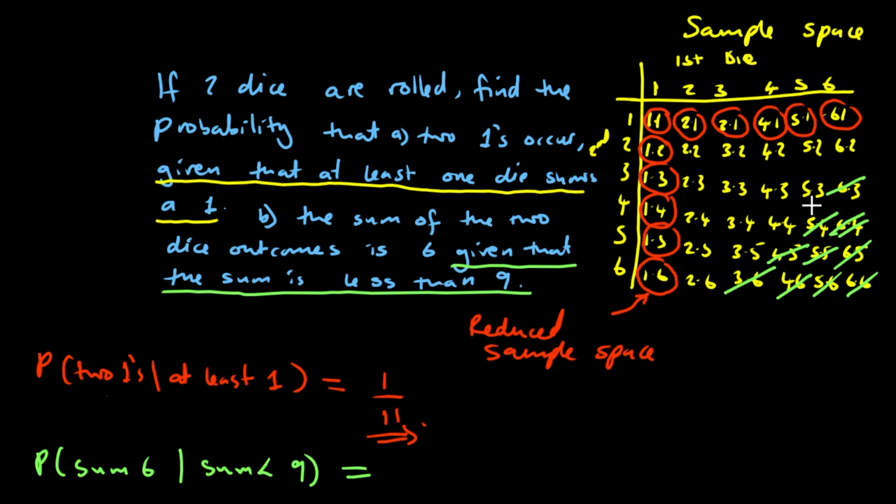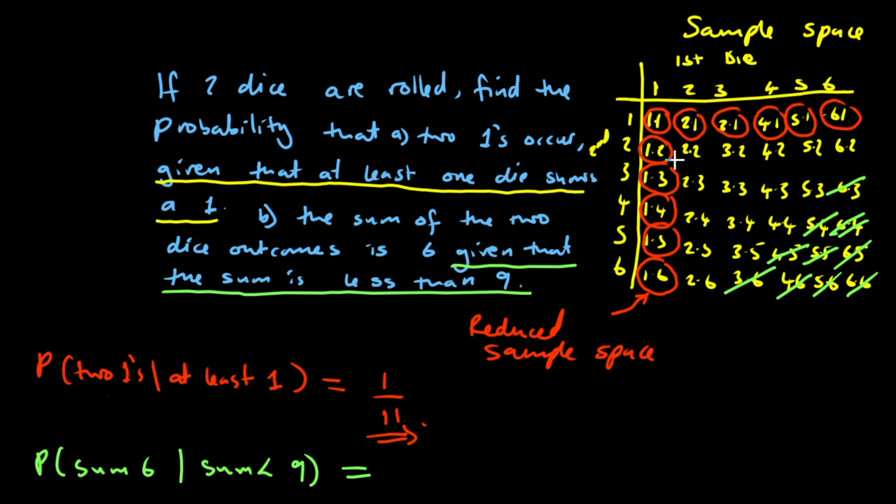Now from here, I need to look, by the way, what is my reduced sample space now? 1, 2, 3, 4, 5, 6, 7, 8, 9, 10, 11, 12, 13, 14, 15, 16, 17, 18, 19, 20, 21, 22, 23, 24, 25, 26. It's 26 outcomes. So out of those 26 outcomes, we are saying we want those that have a sum of 6,